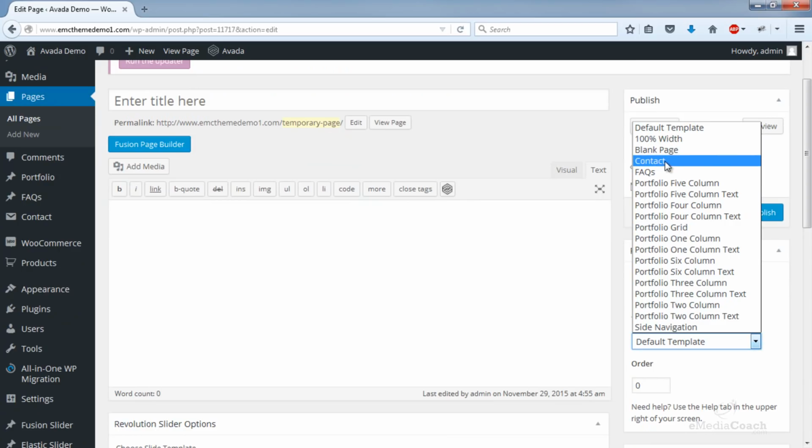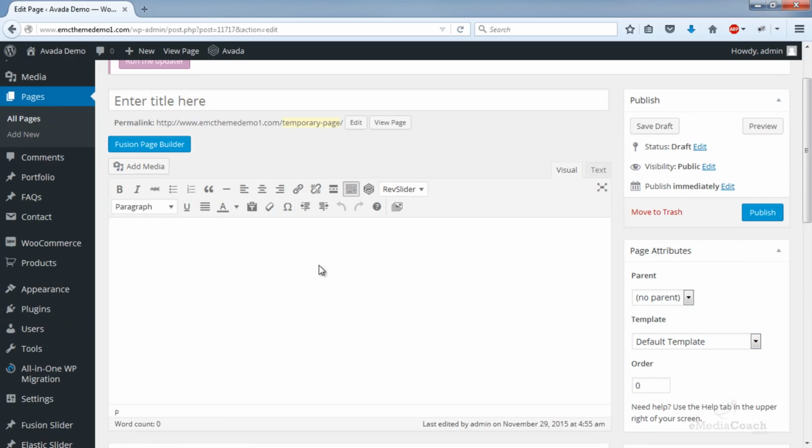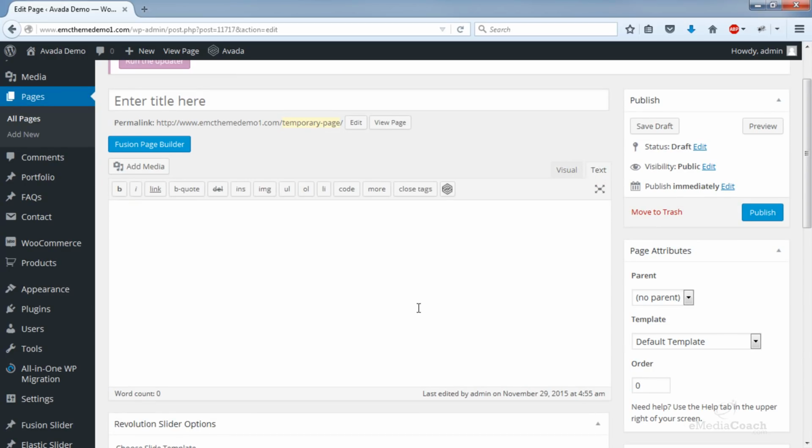So I'll be showing you how to use this contact page in a second, but before I do that, a brief intro on the visual editor. You'll notice here that there are two tabs, visual and text. Only use the text tab when you're entering code. For example, you're inputting some code from Google Maps, or you're embedding a YouTube video, you would put that in the text tab because it actually collects code and renders that accordingly.